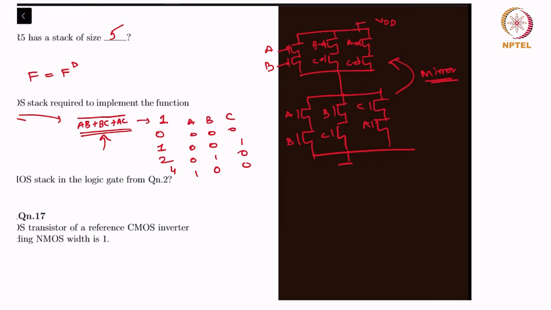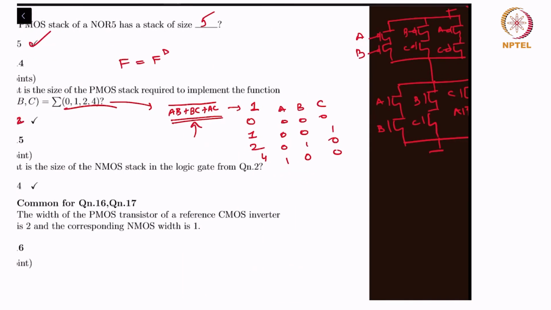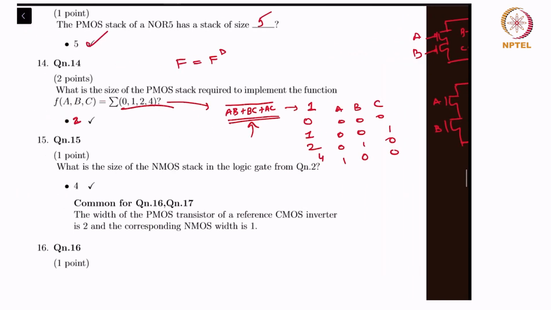Right? So why can you do this? Because f is a self-dual function. You can try it out, right? You will find that if you take the dual of this function, you will get back the same function. And another way to check if a function is self-dual is